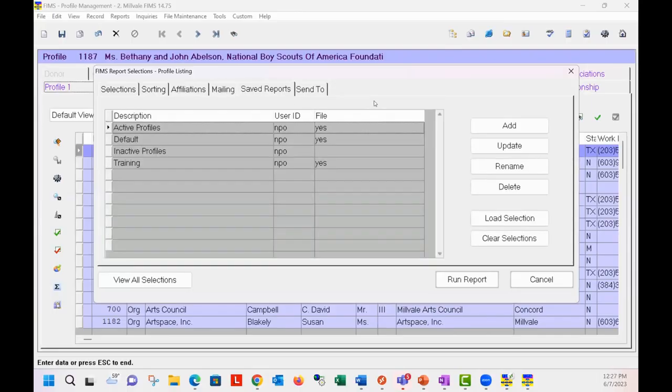Now the saved reports. So if there are reports that you run on a regular basis that have a lot of filter criteria to them, you can actually save that criteria. The tab says saved reports, and a lot of people think that means that you're saving the data and you're not going to get new data the next time you run it. You're not saving the data, you're just saving the criteria that you're using to filter records to build that particular